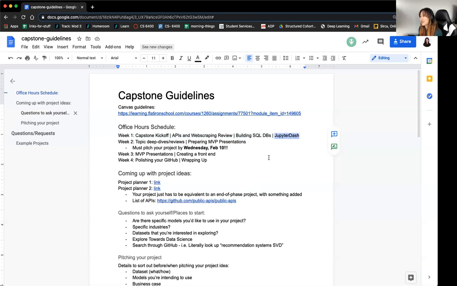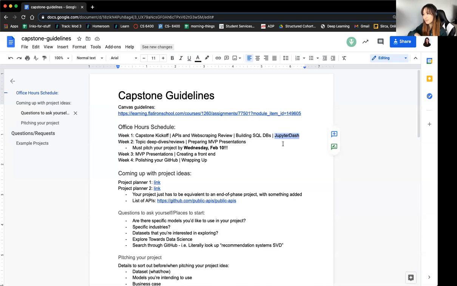And then finally on Friday, I'll be talking about Jupyter Dash. Now, I think I'd mentioned it super briefly last week, but Jupyter Dash is a library that allows you to build dashboards within your Jupyter notebook. And what's really neat about Jupyter Dash is you can take the dashboard from within your Jupyter notebook and very easily port it into a front end. And the code is, I think, almost identical. So if you are testing your dashboard out on Jupyter Dash, it makes it very, very easy to publish on a website or something in the future.